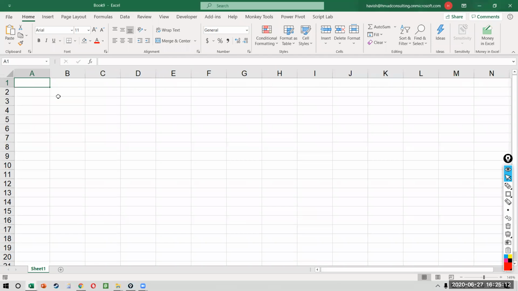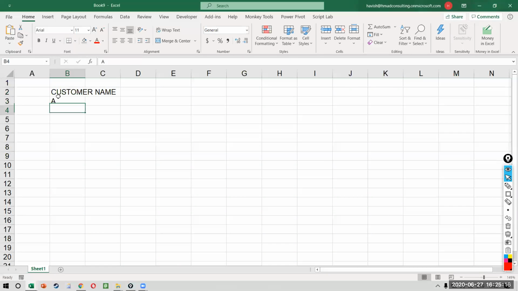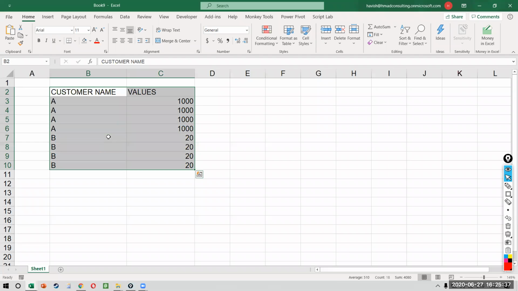Explain to me what is the data set. So you're saying you have the customer name, right? And you have some values here, which is what? The same value. Okay. Now you want to visualize this. Then you have B with a different value, is it? Like this, you mean? And what is the result that you want? For 8,000 in pivot, you just want to know that A has a value called 1000.